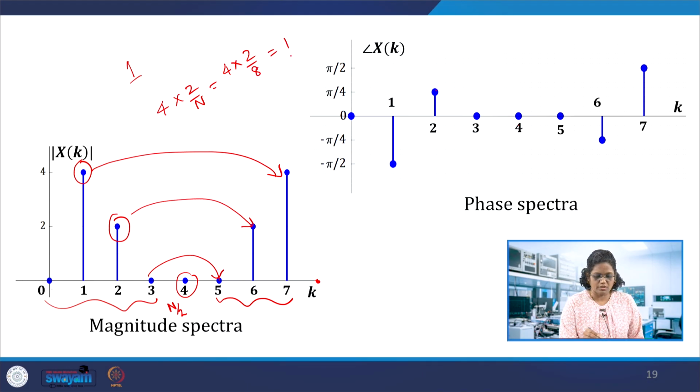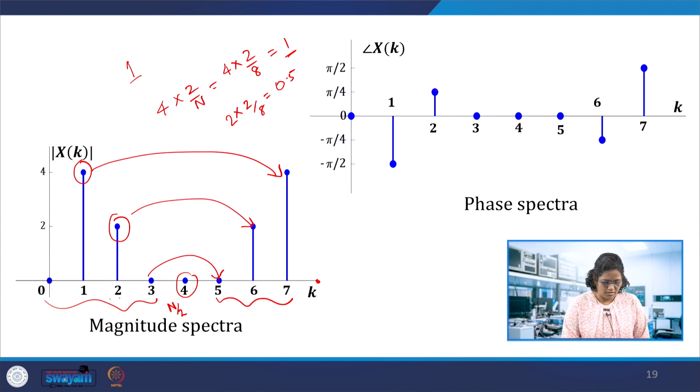So this would result in 1. This is the actual magnitude of the signal which was present in the input signal, the magnitude is 1. Similarly here for the second harmonic, we get 2, that is 2 by 8, which is 0.5. So 0.5 is the amplitude of the second harmonic signal of 2000.